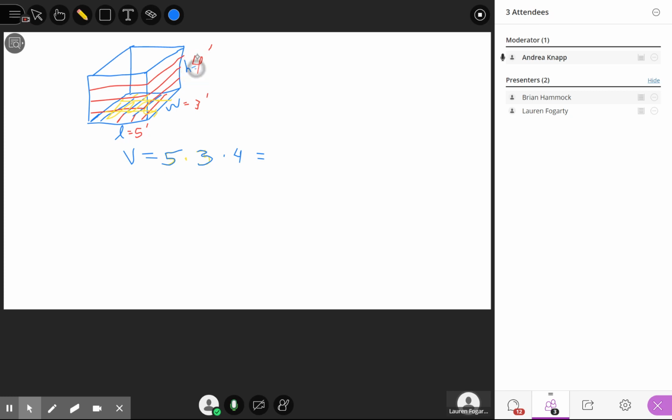Now, I initially was thinking I was going to make it a cube. A cube would have the same length, width, and height, which this one is not; it's more of a rectangular shape. We call this a rectangular prism. So this would be, let's see, 5 times 4 is 20, times 3. So that's going to give us 60